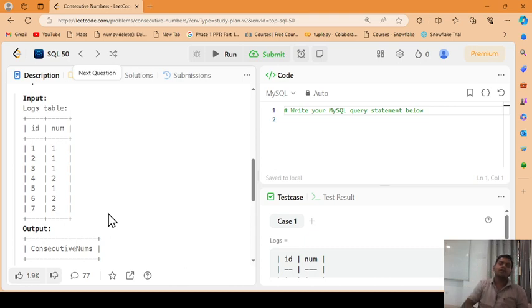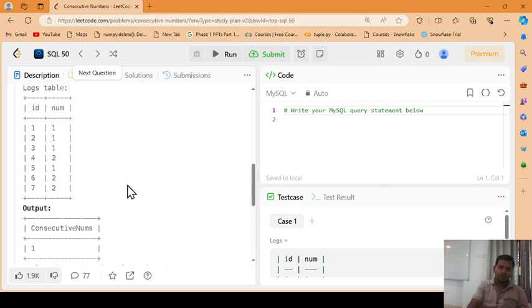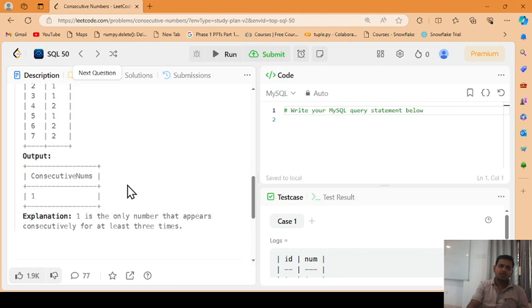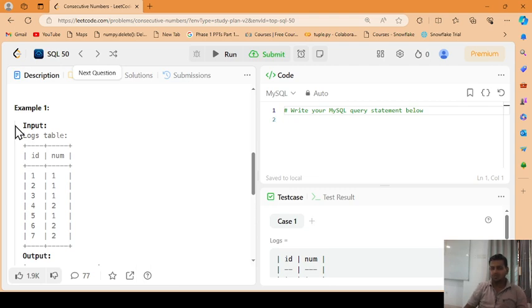So we have to find out which number repeats at least three times. Here we get the number 1, which repeats three or more times. Whenever we say at least three, it means three or more than three. So we have to write a query to find which number repeats at least three times consecutively. We have only one table, so to find how many times a number repeats,